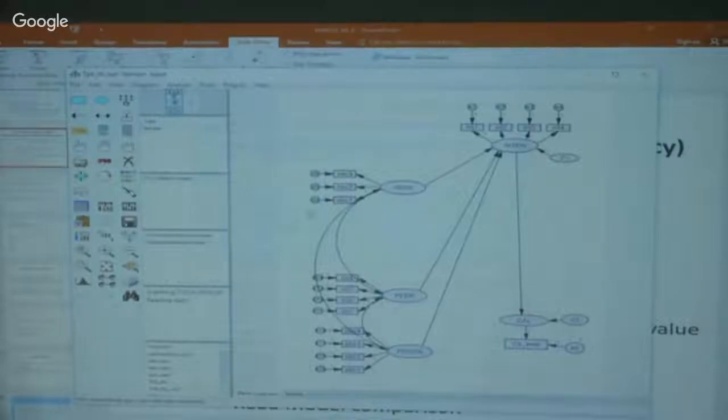What next? What next? Go to analyze, then choose